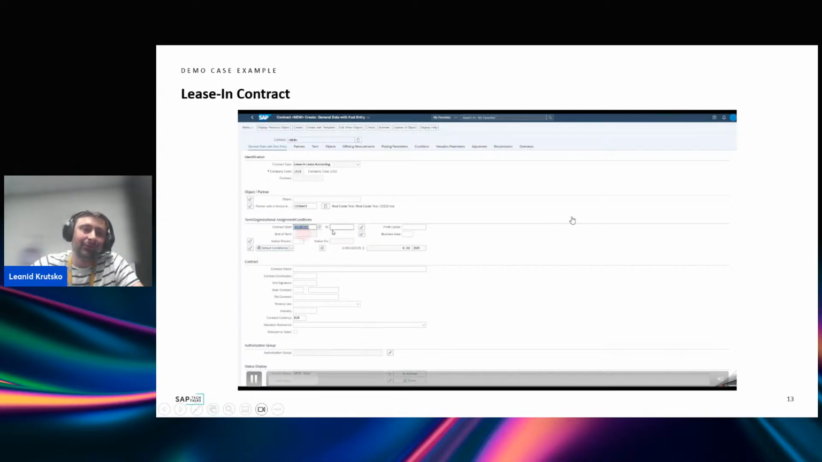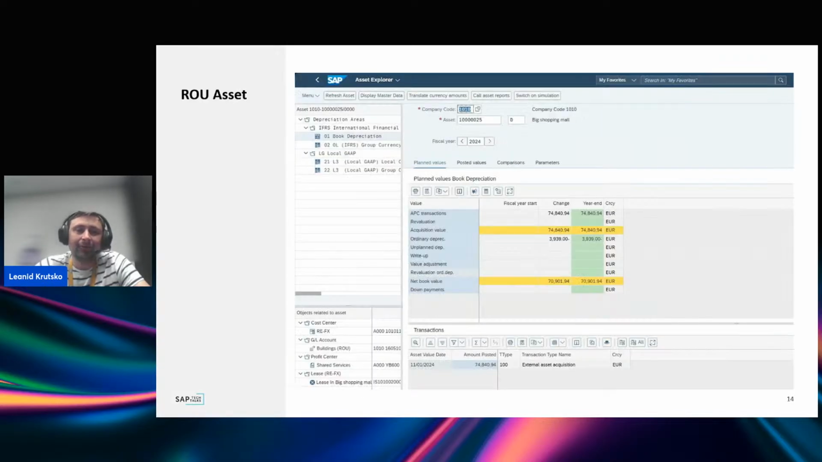Then we need to populate the end and start date of the contract and some mandatory fields like profit center. Also, for easy understanding and easy managing of this contract, it is necessary to put here a contract name. Of course,